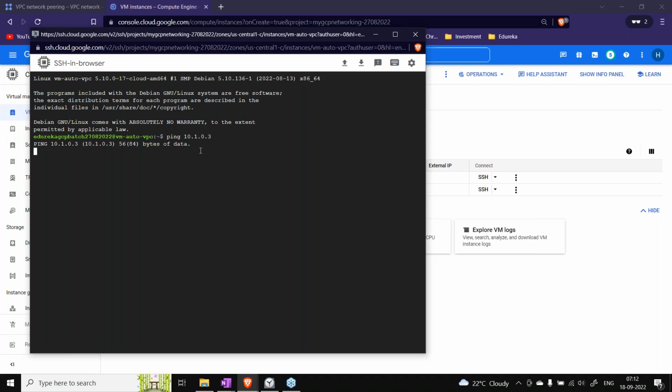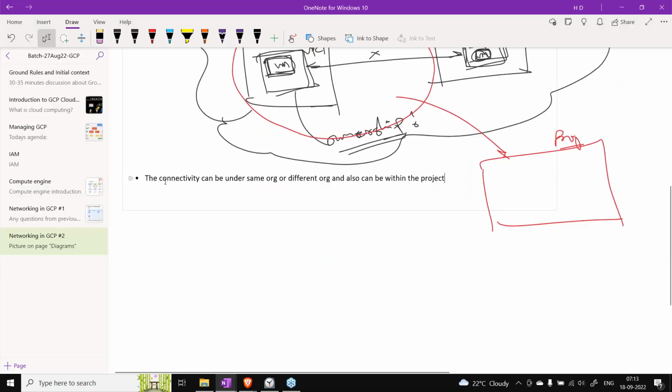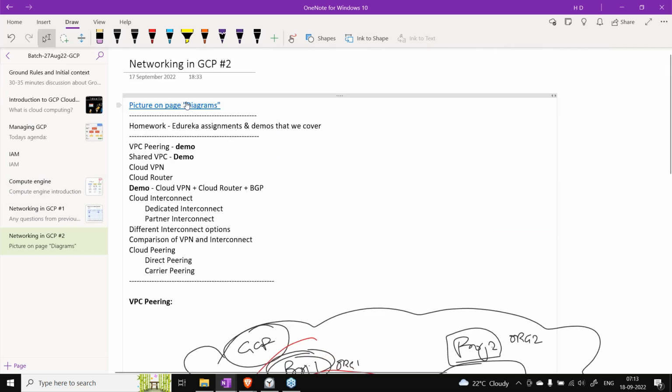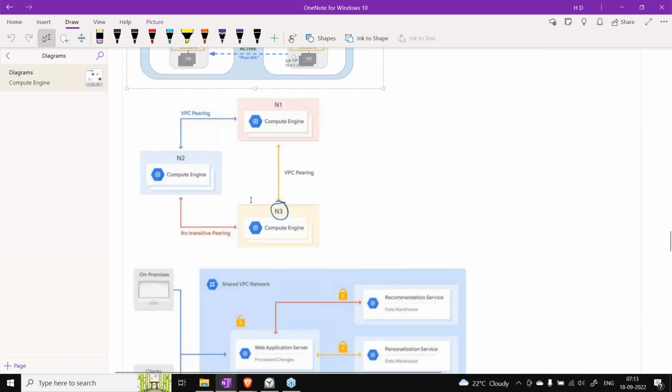The fact that they are in different VPCs itself means they are out of each other's perimeter, of course. So they are not able to talk to each other. They are not able to communicate with each other right now. As I said, on the VPC page we had two VPCs, and if we make a peering between them, then we should be able to create a connection between them. So how do we create that connection? Let me show you one diagram.